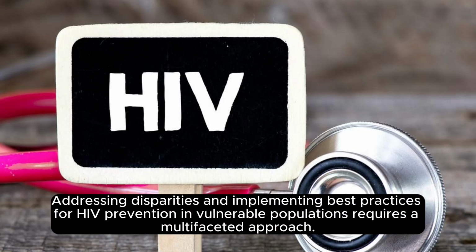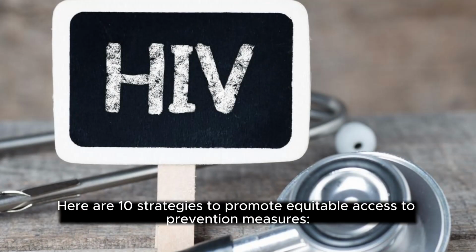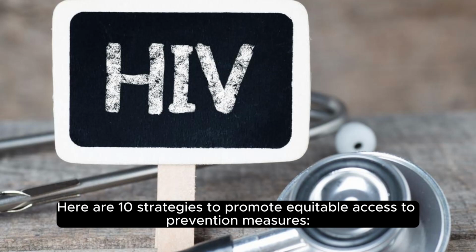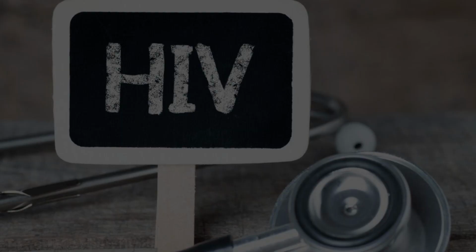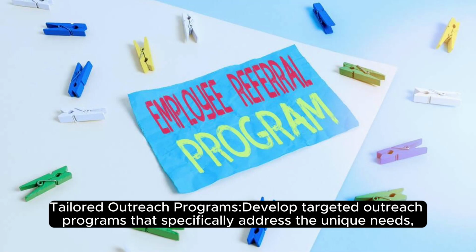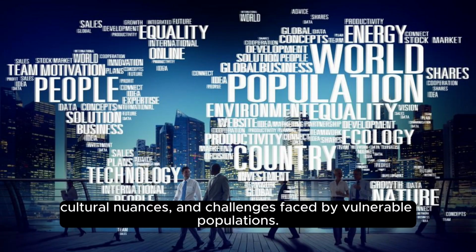Addressing disparities and implementing best practices for HIV prevention in vulnerable populations requires a multifaceted approach. Here are 10 strategies to promote equitable access to prevention measures. Tailored outreach programs. Develop targeted outreach programs that specifically address the unique needs, cultural nuances, and challenges faced by vulnerable